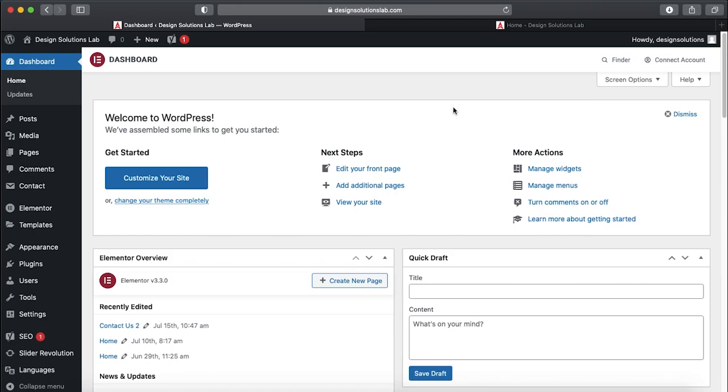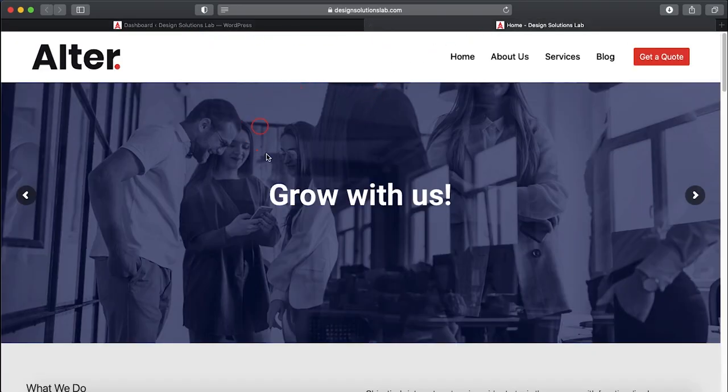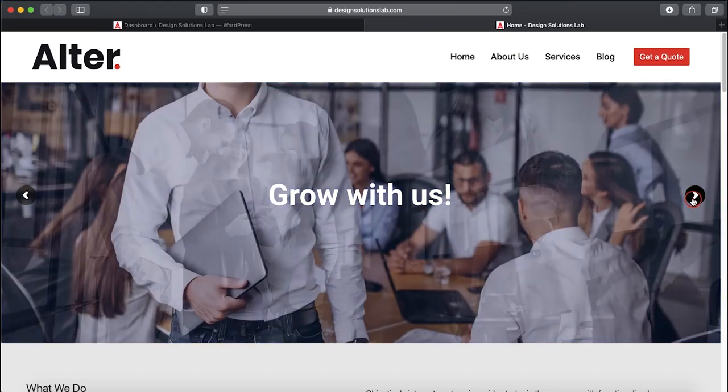Hi, does your website use Slider Revolution? If yes, I will tell you how to edit it. For example, when you go to the home page, you will have the slider inside here,